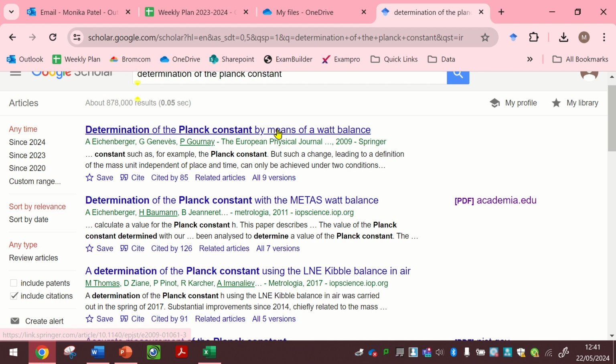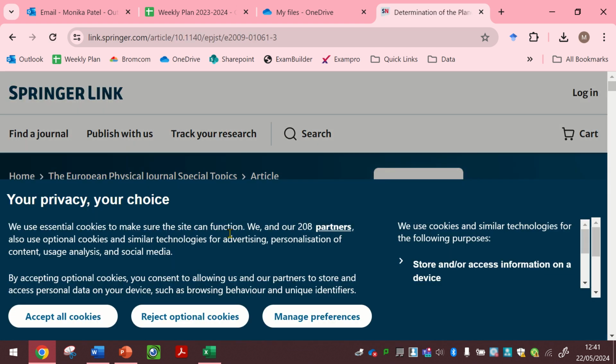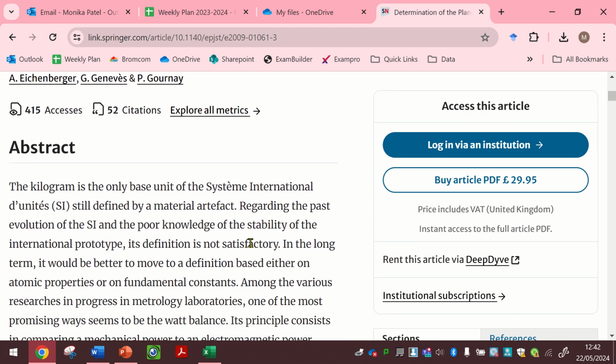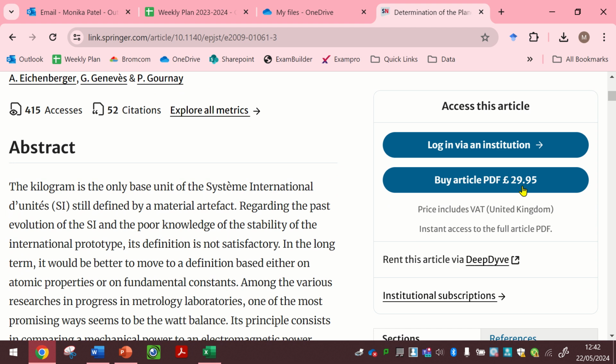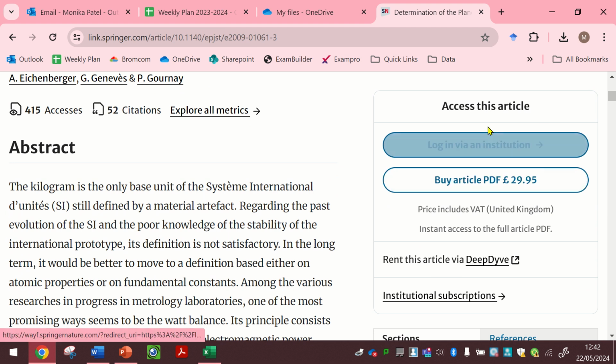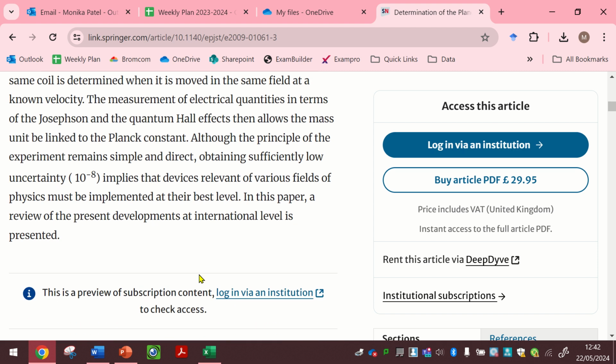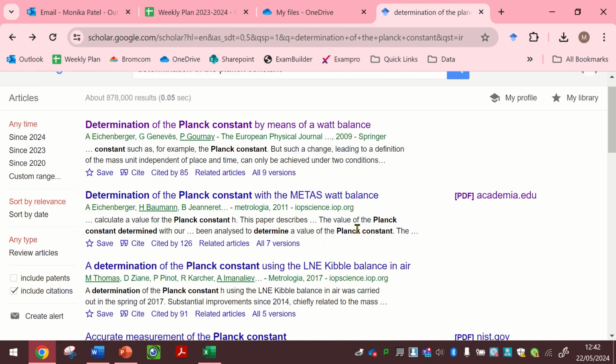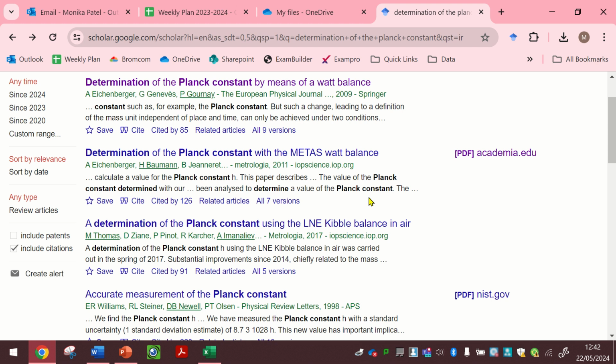And again, if you click on the main title of the paper, it will take you to the academic journal where the paper was published, but unfortunately I have to either pay $29.95 to get the article as a PDF, or I have to log in via a university password. I can read the abstract, that's about as far as I can go. So unfortunately, until you're doing university level research, you are limited to whatever things you can find